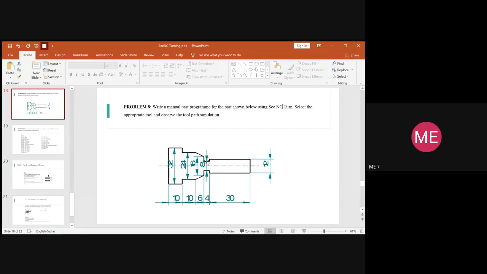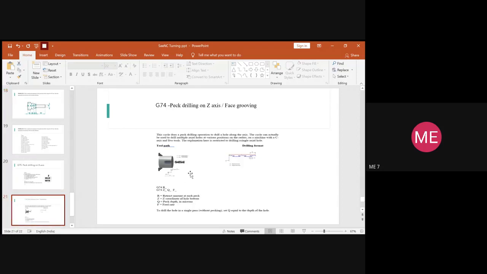This is nothing but the drilling operation you are doing with respect to the X-axis. Suppose you need a drill hole in this position, then you have to drill along the Z-axis. In that case, you have to use the code G74. In some other problem, we'll be doing the drilling parallel to the spindle axis, so you will get a drilled hole over here.